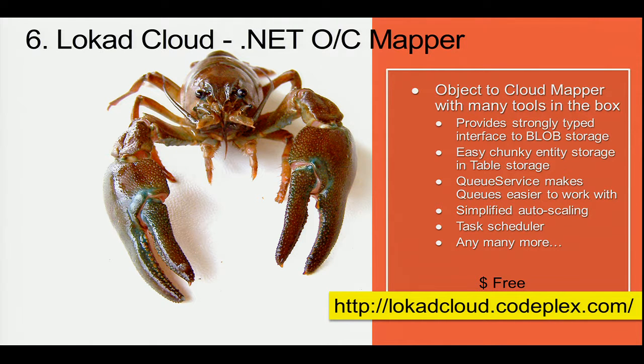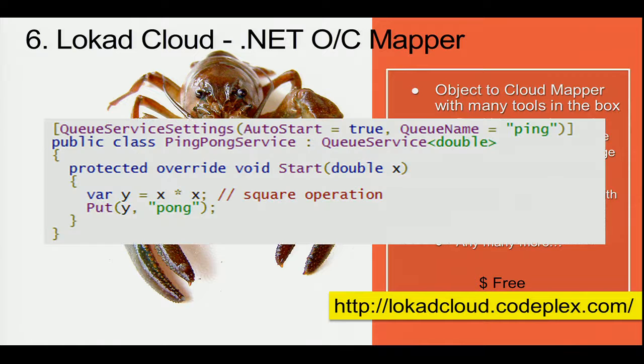They have a fairly simple auto-scaling capability built in, and they have a task scheduler. Windows Azure does not have a task scheduler, and SQL Azure doesn't have a task scheduler. So they have a task scheduler capability where you put jobs in there. Say, every midnight I want it to go clean up dead session data in my web servers. Those are the sort of tasks that you might run on a regular basis, and they have a capability in there to do that. So you can see here I have some code,